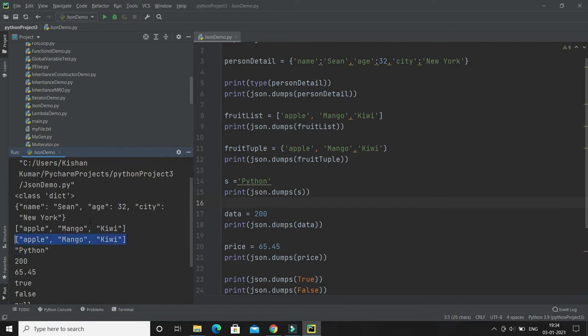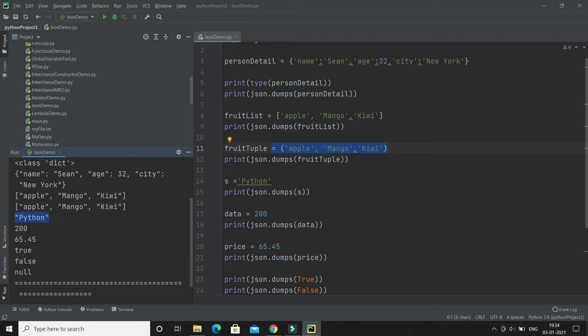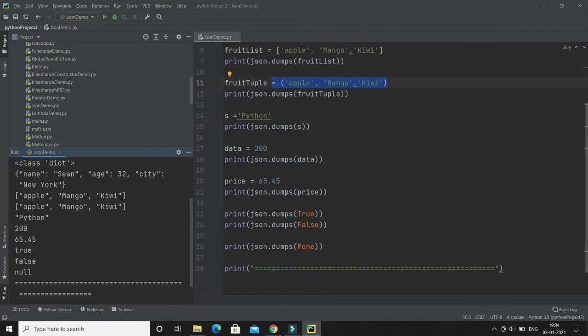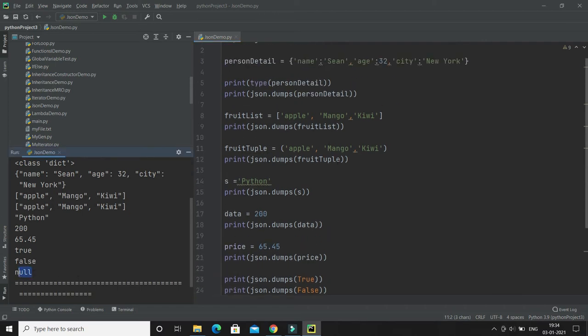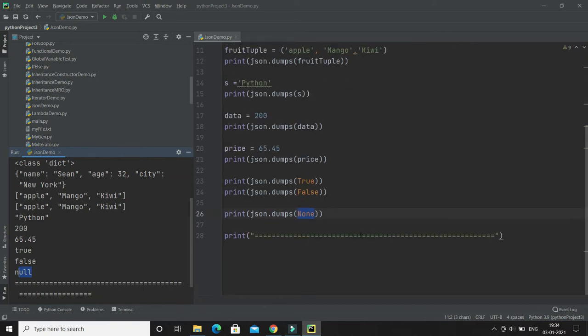So tuple also got converted into a JSON, right? And after that we have a string which got converted into a JSON. We have integer, float, true, false, and if you pass none, that will be converted into the null, right? So this kind of data you can pass to the dumps method.